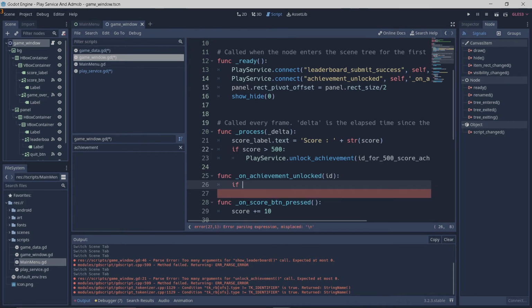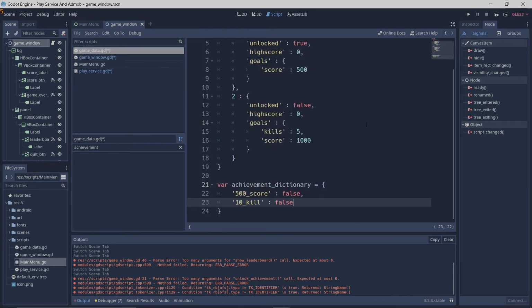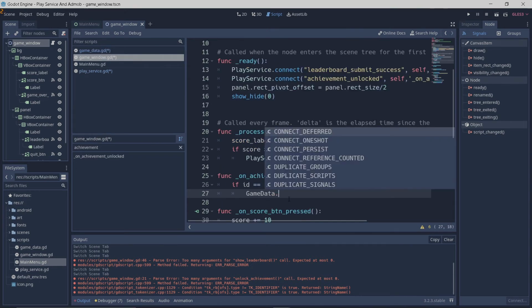If id is equal to, I don't know, maybe the id of that specific achievement is 12345. Then in game data, the autoload which we have, with all the levels and all the persistent data, game data dot,